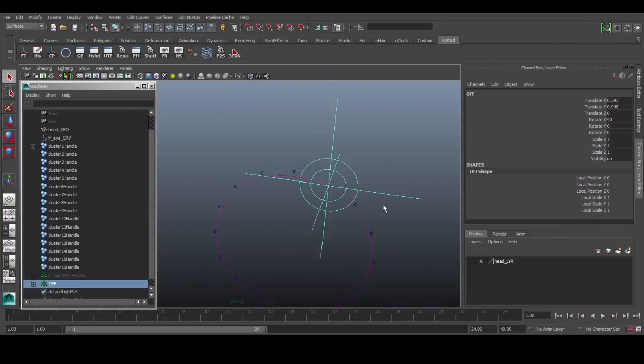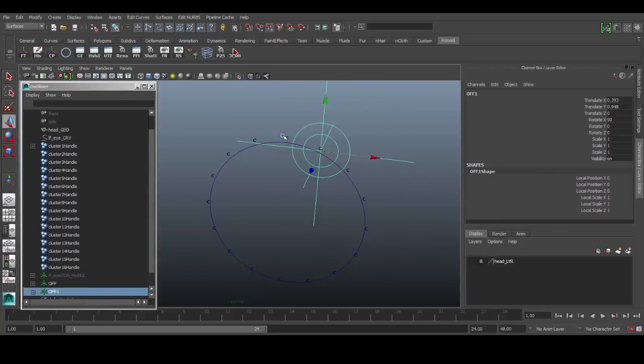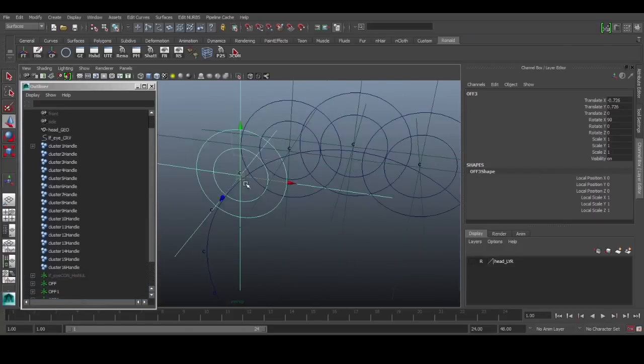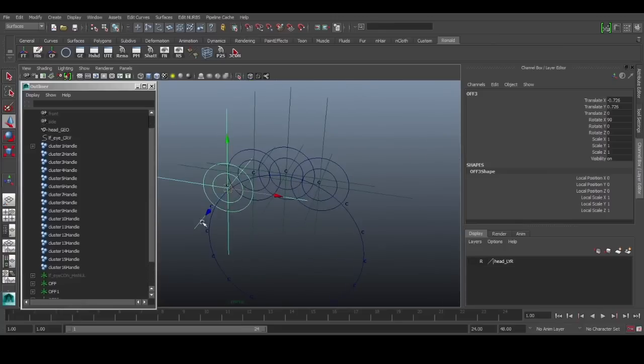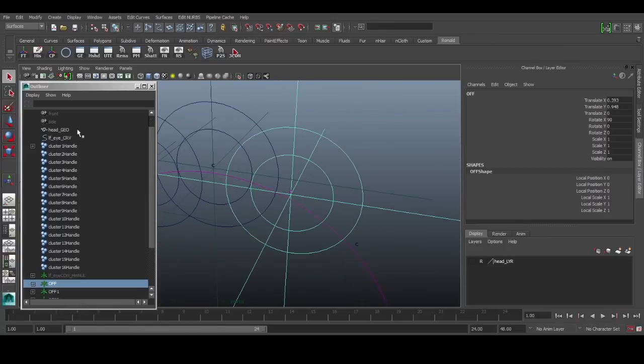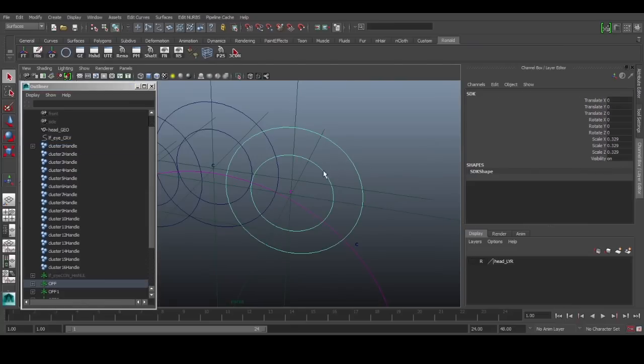So we'll repeat this step for all the 16 clusters. It can be done this way. You can just snap it, and then you rename it. To rename it, this cluster is called cluster 1, so I'll call this the cluster 1 offset, cluster 1 handle, SDK, cluster 1 handle, controller, and so on and so forth.